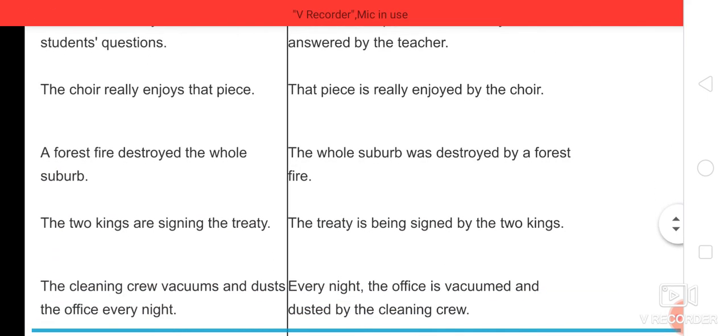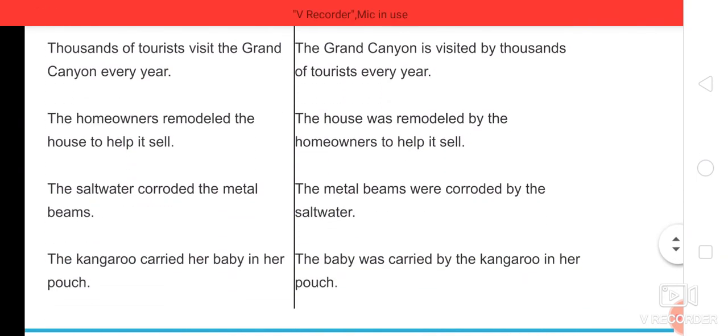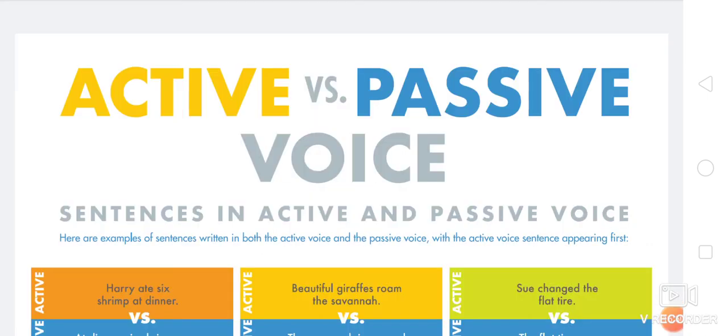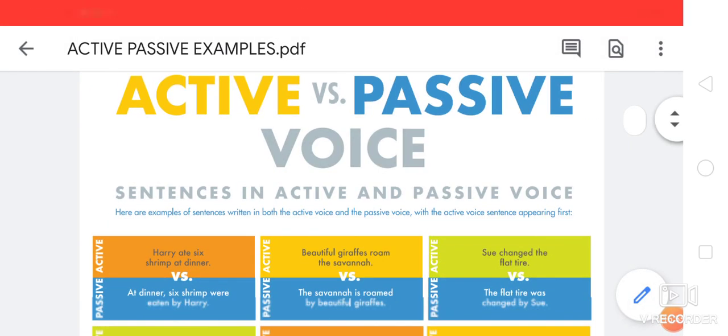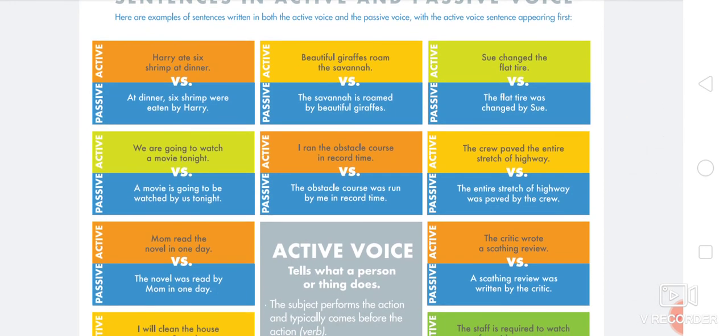So see guys, these notes I had already shared in the Google Classroom, right? So please go through these, which will help you a lot to understand how active voices are converted into passive voices. Okay, so one more, the chart is there. I would like to show you that. Okay, so there are a few more examples which are already uploaded in the Google Classroom regarding active versus passive voices. Okay, so I think you need to write these in your assignment book, the same examples you need to take for active and passive voices.